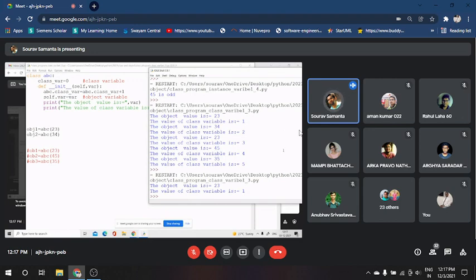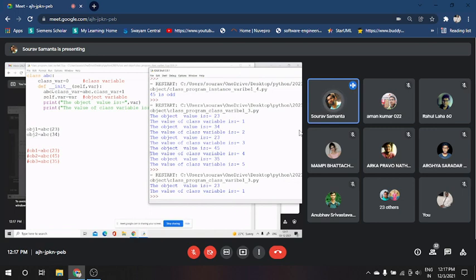But the difference is that when you are going to access or initialize the value of the object variable, you will do it with the self dot operation. Whereas if you work with the class variable, observe one thing, we have not used the self here.